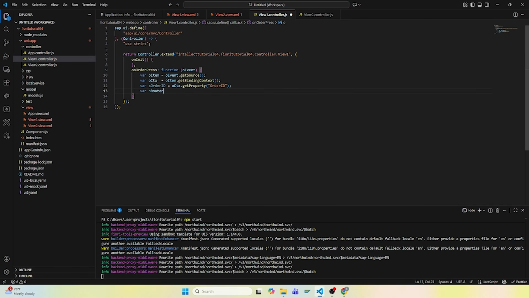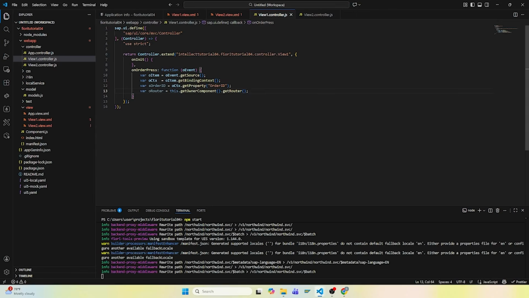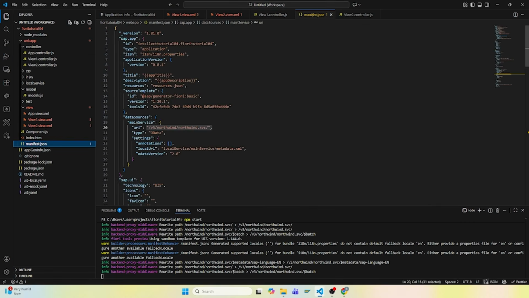Now for navigation in Fiori, we never directly load views. We always use the router, which comes from the component. Routing is important because it updates the URL, it supports deep linking, and it keeps application state consistent. So before navigation works, we define routes in the manifest.json file. And if we go to the manifest file,